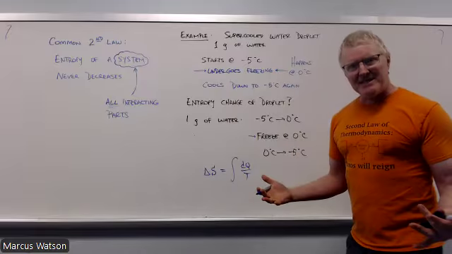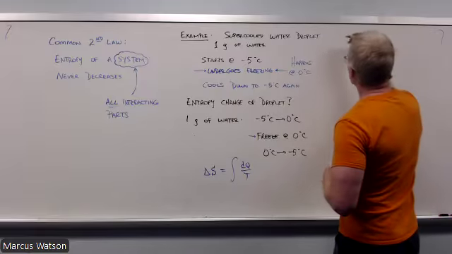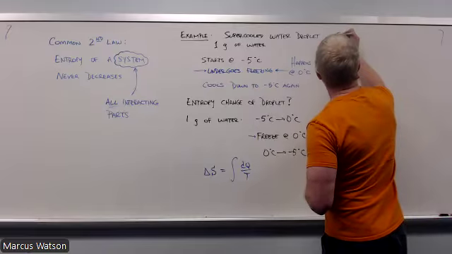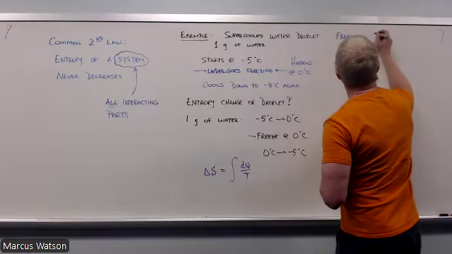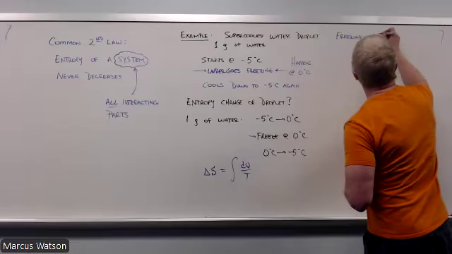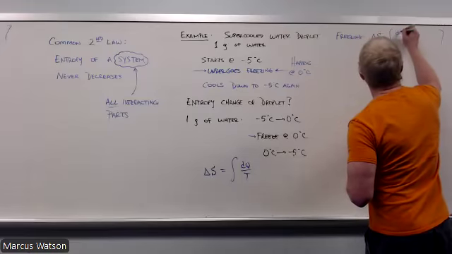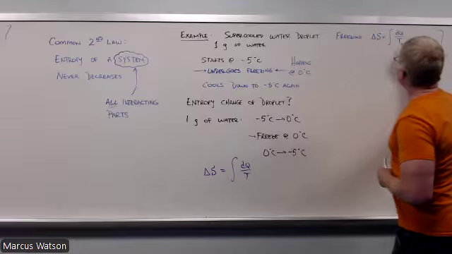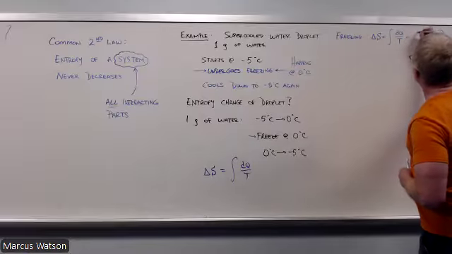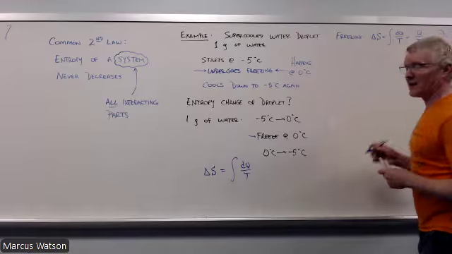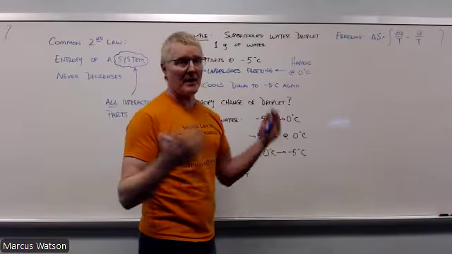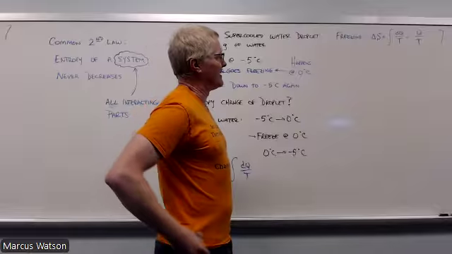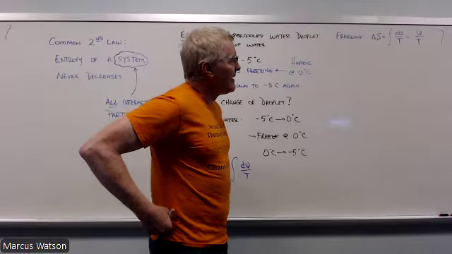So let's start with the easy one. Freezing. This is a latent heat transfer. Therefore, if I think of dQ over T, the T is constant, and therefore it just becomes Q over T. Like I was telling you yesterday, when I remove the T from the integral, I integrate dQ. I could do that all day. I love integrating dQ.